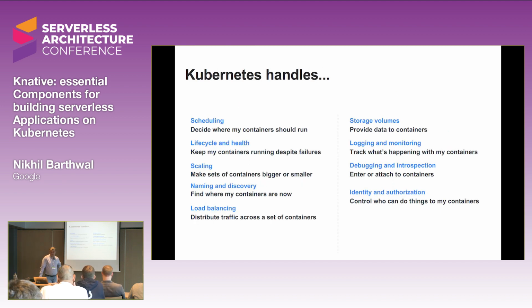Kubernetes handles scheduling. Essentially, you have a description of your infrastructure in Kubernetes, this is my desired state, or my desired state configuration. Kubernetes would ensure that you're as close as possible to the desired state. It handles a lot of stuff for you. For example, it handles scheduling, right? Which container should run, which container should not run. There are lifecycle health checks.